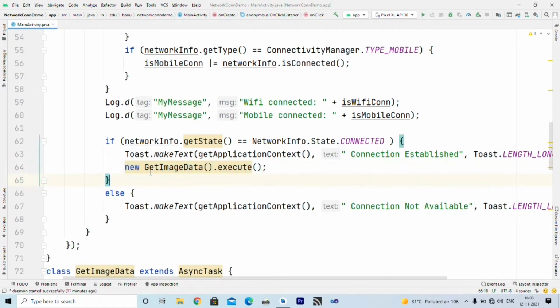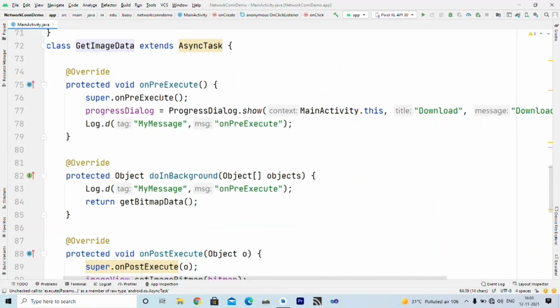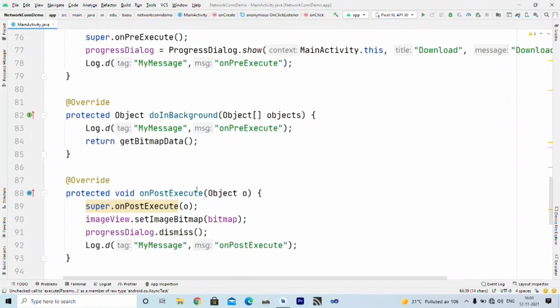So this get image data is an asynchronous task class that I have defined below main activity, and when I call the execute method of the asynchronous task, it will call on pre-execute, then do in background, and finally it calls on post execute, right?